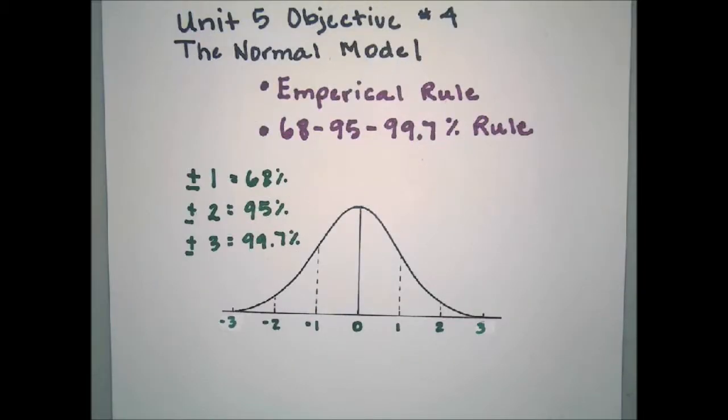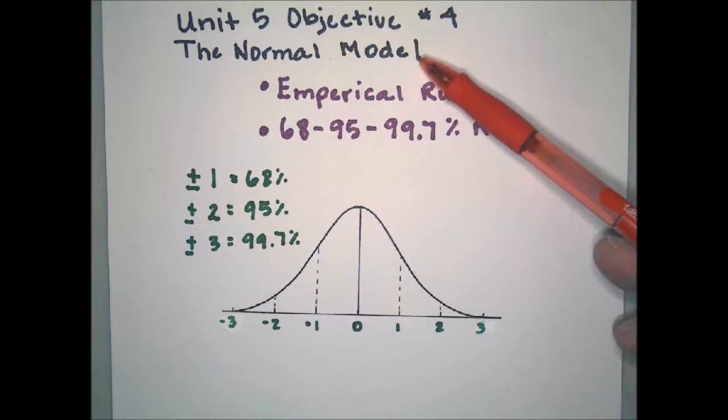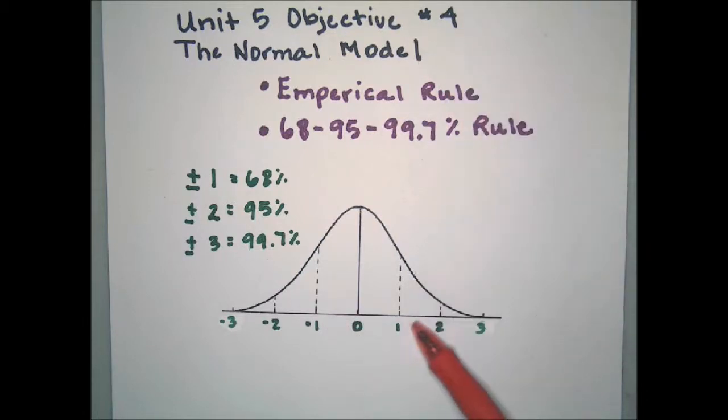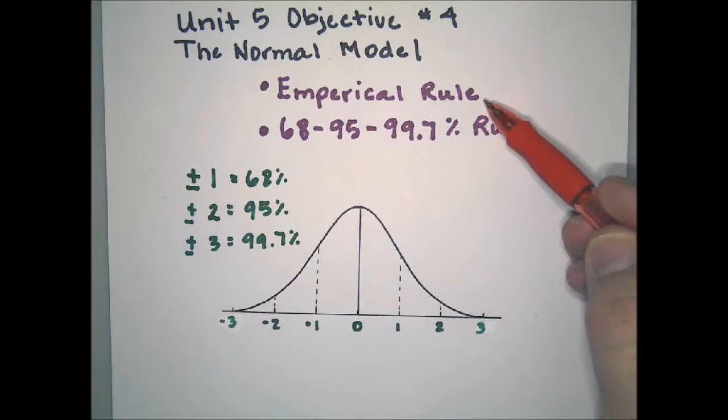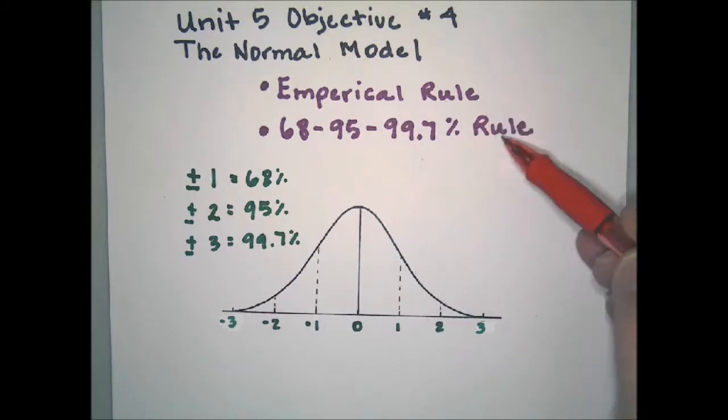Unit 5, Objective 4 is the study of the normal model. Now, you probably know this more commonly as simply a bell curve. But in the world of statistics, it has a specific name, and it's called the normal model. The normal model is divided up into sections, and each one of these sections represents a standard deviation. So, normal modeling follows what we used to call the empirical rule,